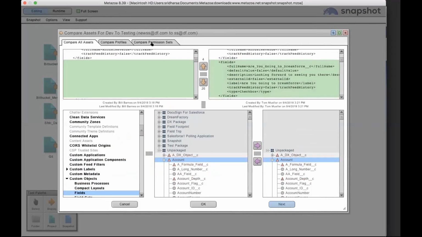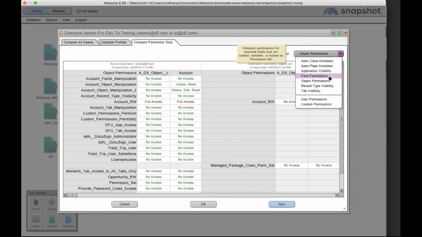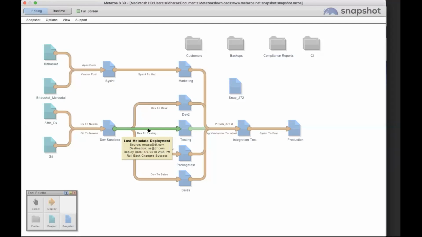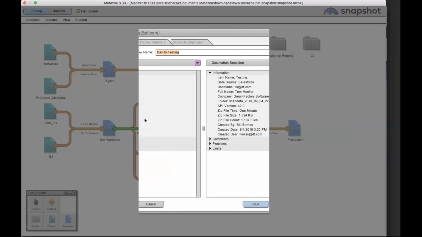That also extends to profiles and permission sets, which we treat as matrices to help you see what's different or what's new. So new items are shown in green, differences are shown in red, and no changes are displayed in gray here. That's for every part of the profile or permission set. Migrating all of those are very much visual as well. I simply right-click, deploy that metadata. We have the ability to see what things have changed in the org